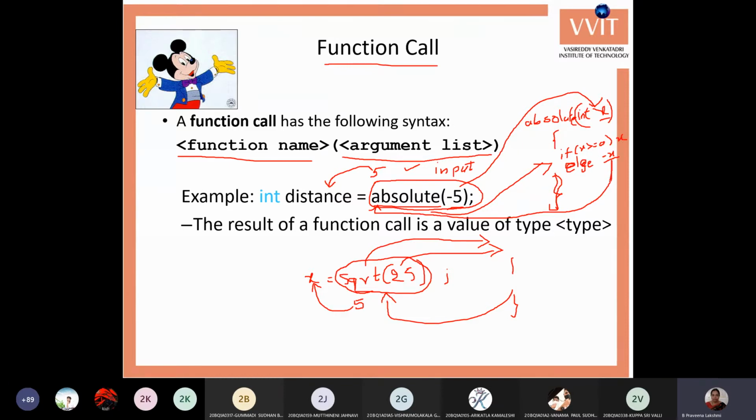The value is returned back to wherever you have called the function. So in place of that absolute function, it substitutes the returned value. That returned value is stored into the variable that you have given at the equal to.